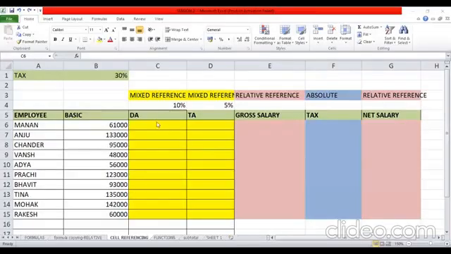Yes. So now let us again come back to the calculation of our DA. Like I said, I want that basic salary should change. So I will insert equal to B6 and multiply it with the rate, that means C4. And what do I want? I want that the row position should not change when I copy it down the column. So 4 should remain 4 only, right? So let me just fix that. Now, how can I fix that? I told you, you can put a dollar sign.